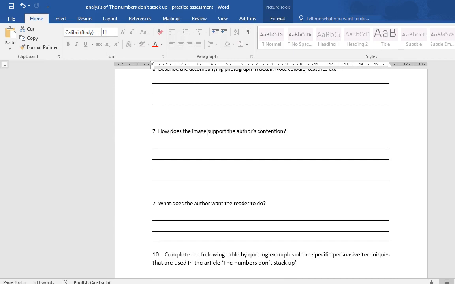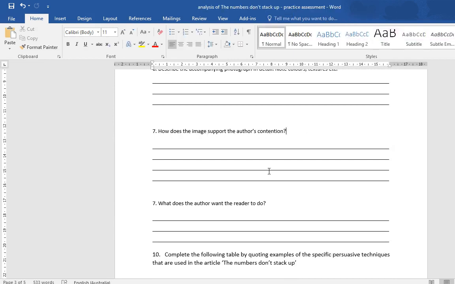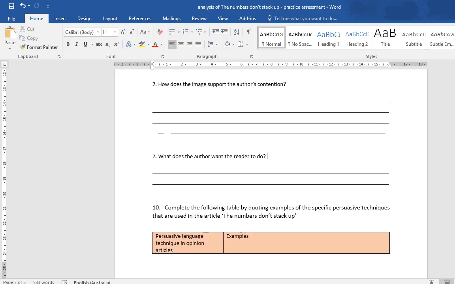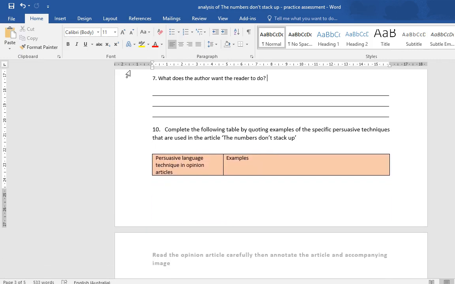How does the image support the author's contention? What does the author want the reader to do? So there is a call to action in this article, and that call to action will be how you answer this question. Question 10, complete the following table by quoting examples of the specific persuasive techniques that are used in